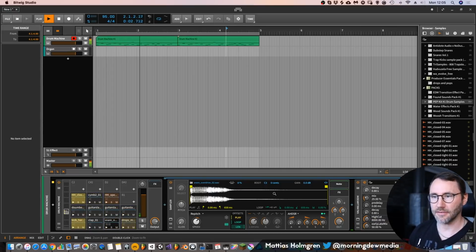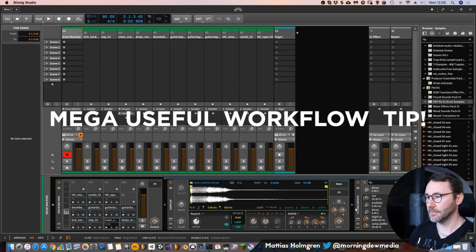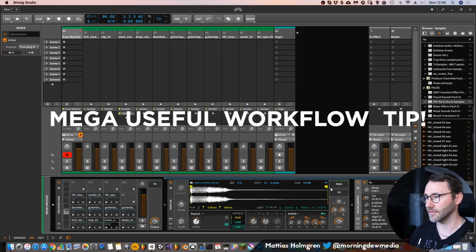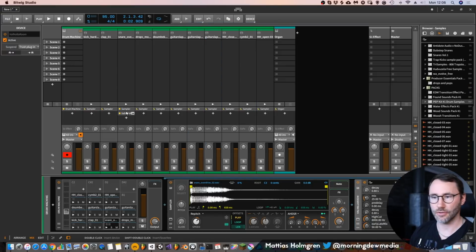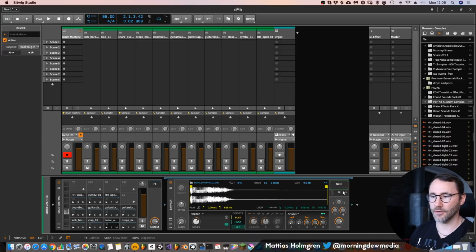Now if we go back to the mixer, you can see that we have successfully added the Valhalla reverb to this snare. But keep in mind that if you add the reverbs to the effect slot of this sampler device, look at what happens here in this snare track. If we move the reverb and drag it into the sampler effect slot, it disappears from this track channel. And that's because the reverb now resides within the actual sampler.